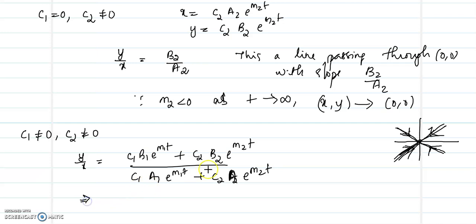Throughout, in the numerator and denominator, divide by c2 e raised to m2t. That will be y by x equal to